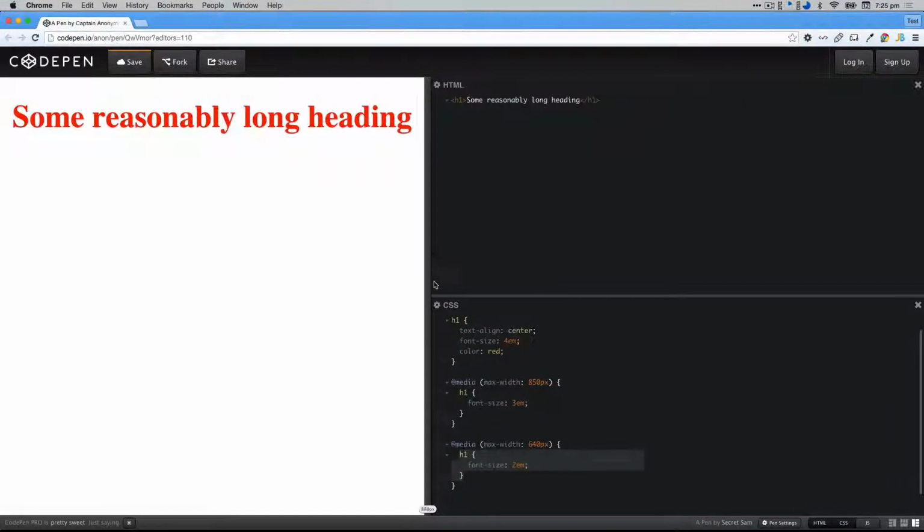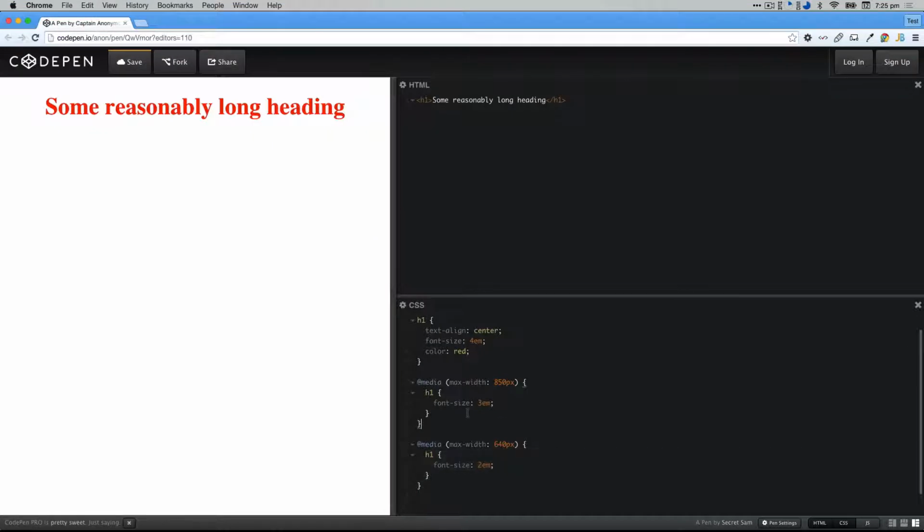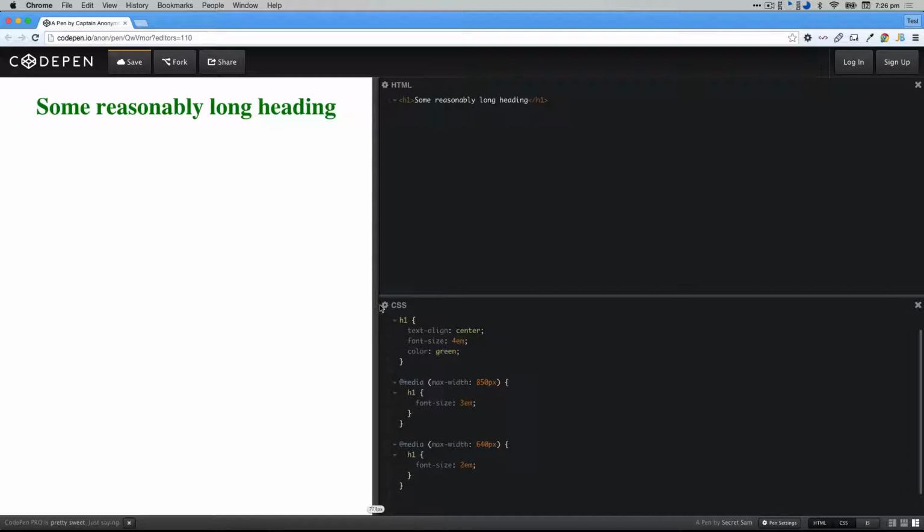When it goes to this first breakpoint, this media query is now satisfied, so it's going to apply this, but it doesn't mean it ignores this. It still keeps this. Any styles that I have defined here are generally still going to be applied, and it's only the ones that I override that are going to get changed. So if I change the font color here to green, it's still going to apply. And that happens even if